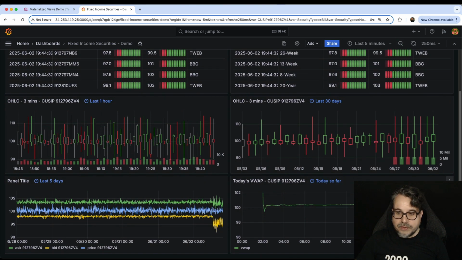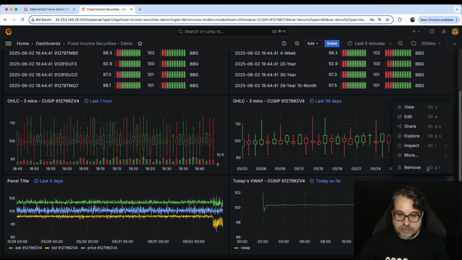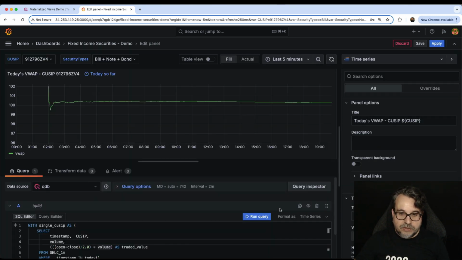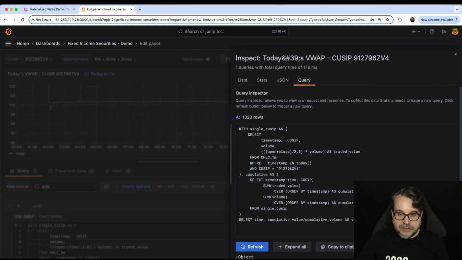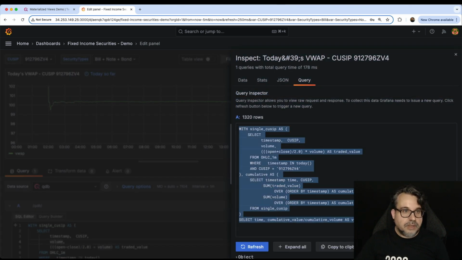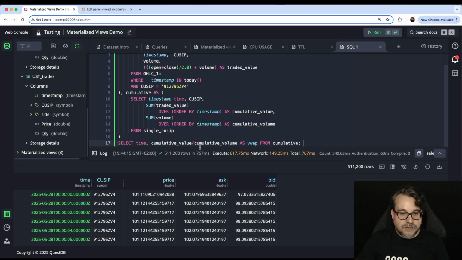The last query, for me, it's a bit more interesting. In this query, I want to show you how you can use window functions on top of a materialized view. Let me show you this query. I'm going to the query inspector so I can copy this into the web interface. Here it is.